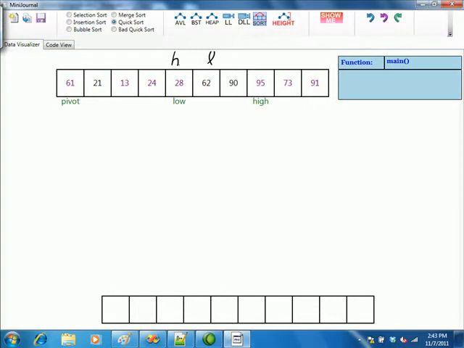So what we do is we get to that stopping condition for our loop, and we get to the last step, which is to swap the pivot with high. So we're going to swap 61 with 28. So now what we notice is everything to the left of the pivot is less than, everything to the right of the pivot is greater than. So now we have